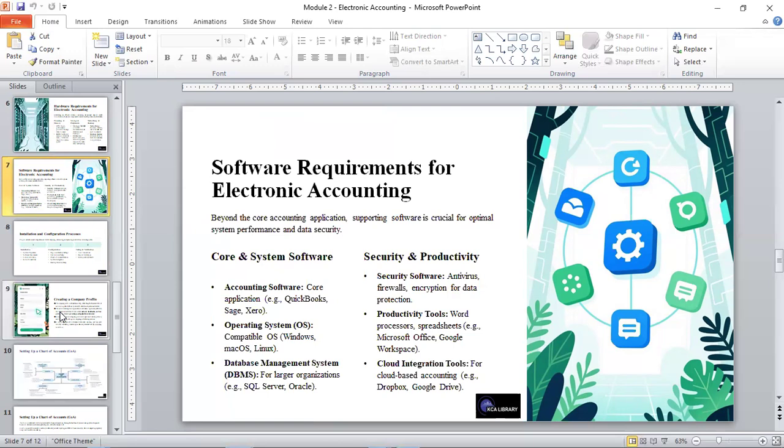And for database management systems, for larger organizations, we talk about SQL Server and Oracle. And for security and productivity, for the security software, a major requirement is antivirus, firewall, and encryption for data protection. And for productivity too,